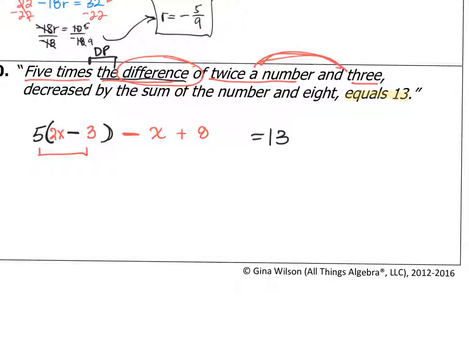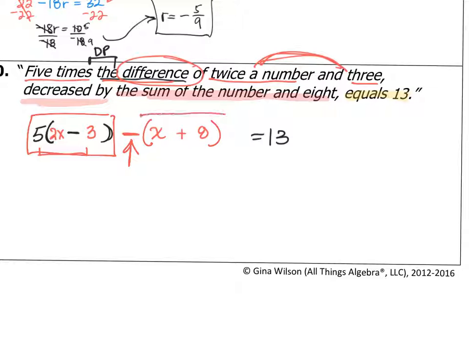Notice how I put it in parentheses, because if I didn't put the parentheses, it would look like it's just being decreased by the number and then added to 8, which is not what it says. It's being decreased by this, which means I have to group it to show that this value is being